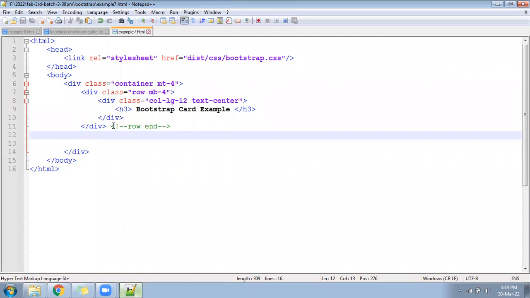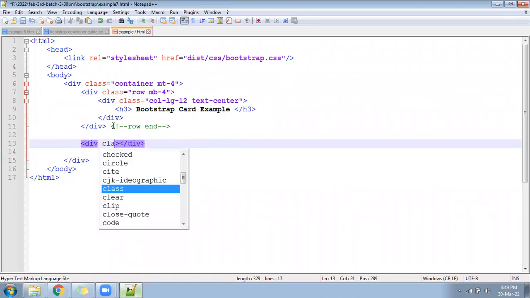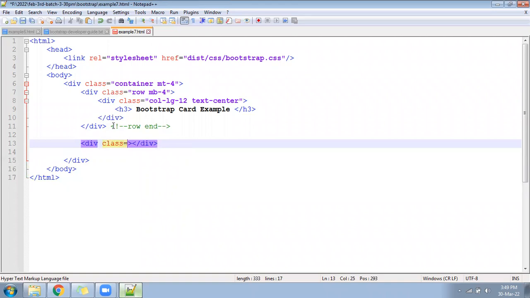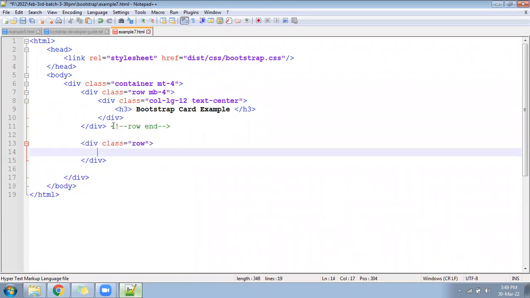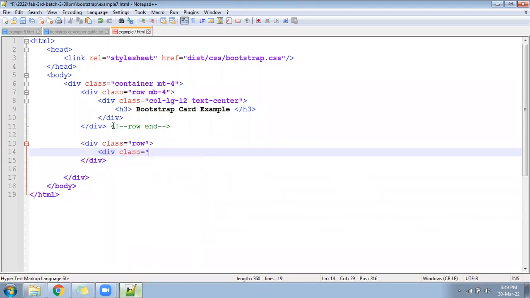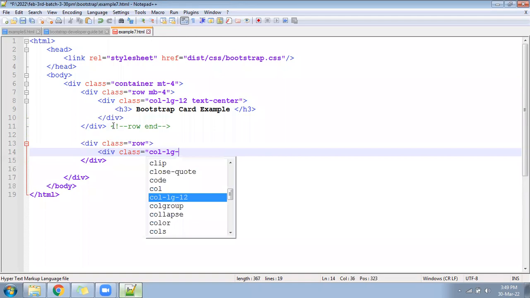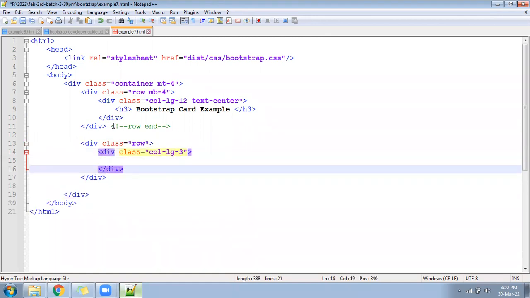Next, write the next line, division, class equal to col-lg-3. Keep a comment here for the end.